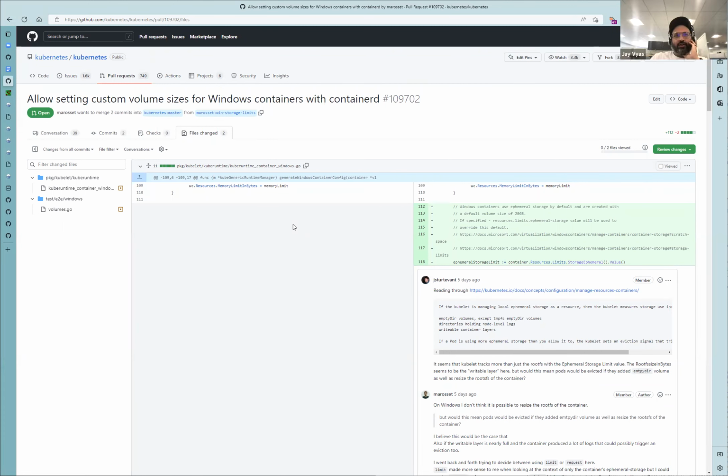But I think it might be good to have SIG Windows come up with: is it ever a good idea to extend this, or is it always a bad idea? Is it always better to just use a persistent volume if you have a large amount of files you're storing on a Windows node? I'm not trying to say this isn't cool that y'all are doing this. Clearly we need it, but I'm just wondering. I would probably say if you're going to re-architect your workloads, it probably would make more sense to use an empty dir or persistent volume. Okay, I just wanted to make sure, because that's how it is on Linux.